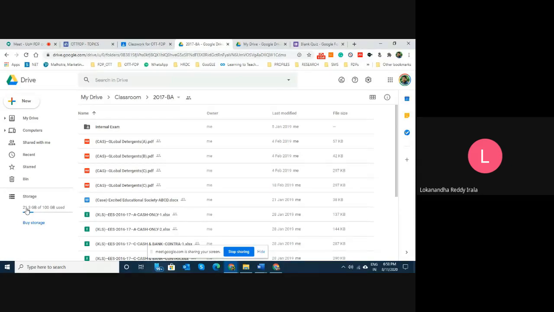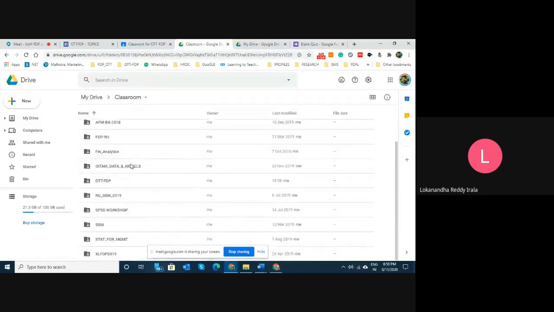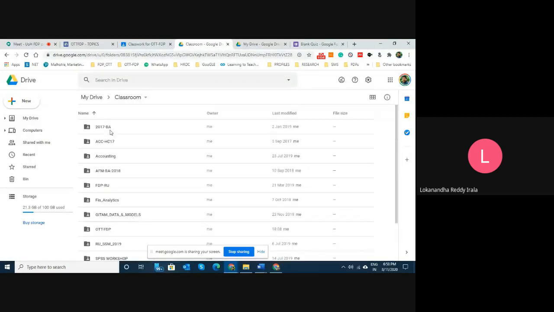It's very, very simple. You always keep all your material in your Drive and simply share that wherever you want. To take it to Classroom, you take it to wherever you want. This is how you can create a folder, and these are several folders that I have in my class. Each folder represents one class. So my material is with me. Wherever I go, my material is with me.